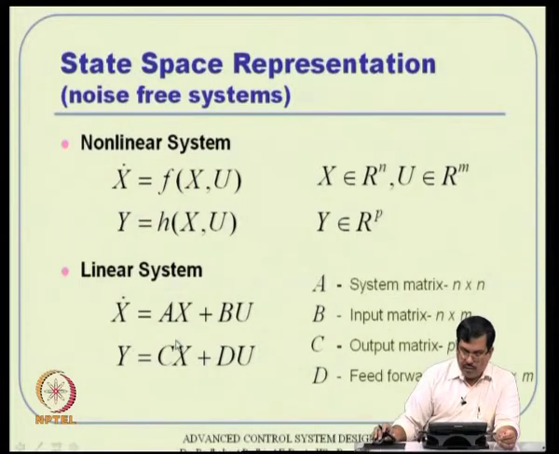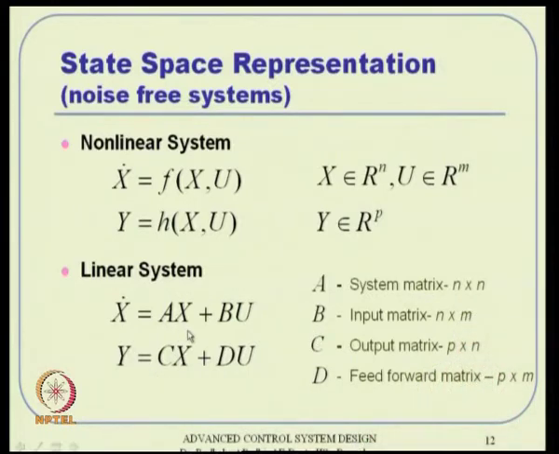Okay, and then this is x dot equal to Ax plus Bu and y equal to Cx plus Du. A, B, C, D is given like this actually. A, B, C, D are typically appropriate matrices of compatible dimensions. For example, x dot is an n dimensional vector, x is an n dimensional vector, so obviously the A matrix has to be an n by n matrix. Similarly, B has to be n by m, things like that actually.